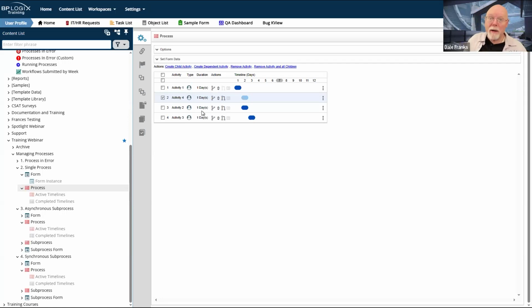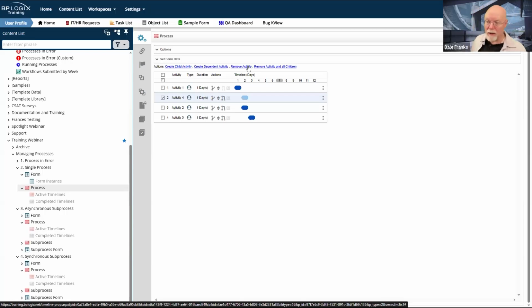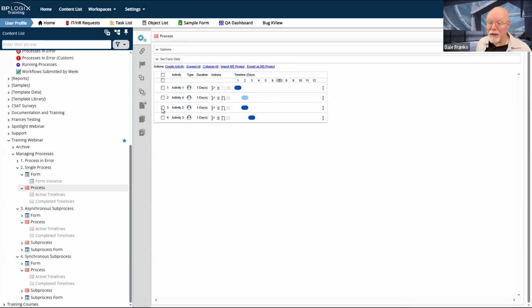Activity 2 happened. We recorded the happeningness of activity 2. So we're past that. We don't care what happens to activity 2 anymore. We've recorded it. All we really care about is what happens to those people, and there are 2 of them that are currently running in activity 2. And how are we going to make Process Director work whenever I hit the remove activity link up here to kill this activity? Actually, that's not the activity I want to get rid of. Activity 2 is the activity I want to get rid of.